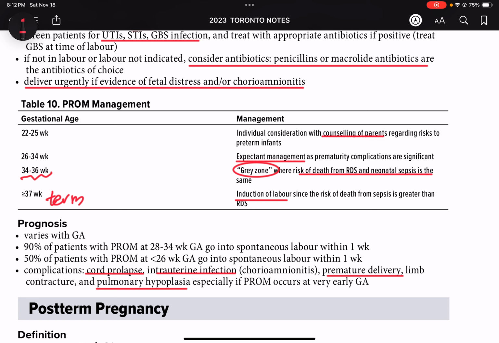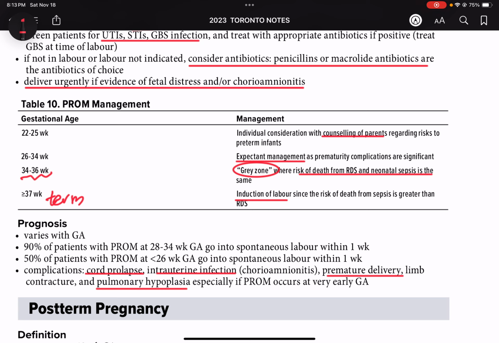Here's a table on how to manage pre-labor rupture of membranes. If it is 22 to 25 weeks, then counseling of parents, letting them know how this would affect their baby, and if we deliver them, how their baby would be premature, and what the risk factors are. And then 26 to 34 weeks, you're going to do expectant management, as prematurity complications are significant, because that would be a very premature baby before 34 weeks, right? And expectant management would definitely include